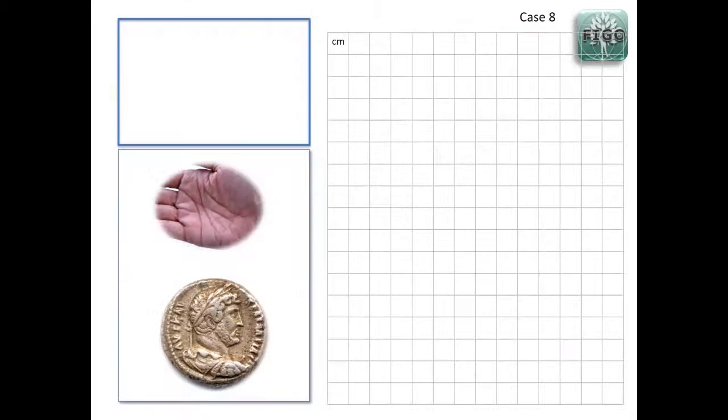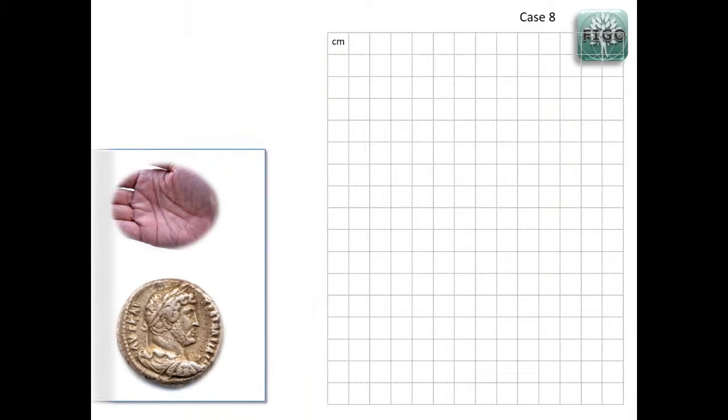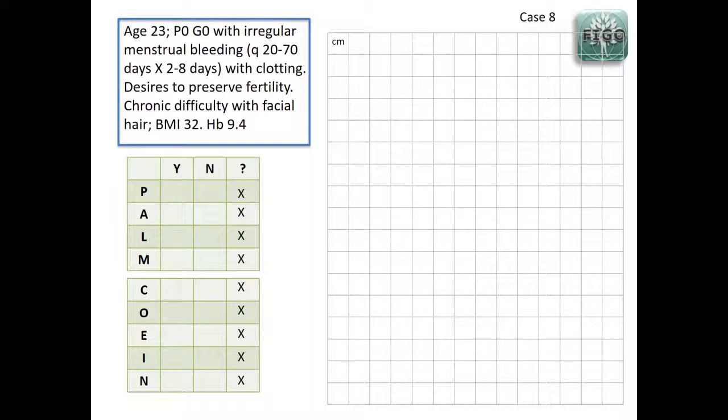Here's another patient. 23-year-old, has never been pregnant, has irregular menstrual bleeding every 20 to 70 days times 2 to 8 with clotting. She wants to preserve fertility. She has chronic difficulty with facial hair. Her BMI is 32 and her hemoglobin is 9.4. So what can we determine from this? Well, we don't think that she has a coagulopathy. She failed the screen, but she does have an ovulatory disorder, it would appear. We can't determine that she has an endometrial problem, at least one that's primary, and she's not taking any medications